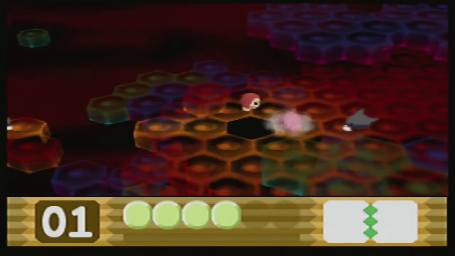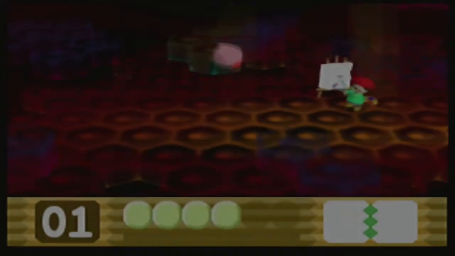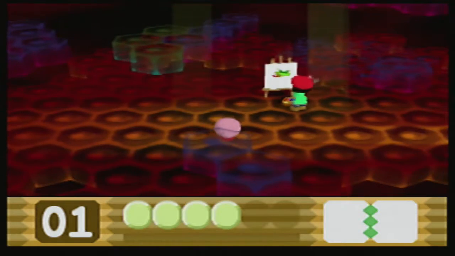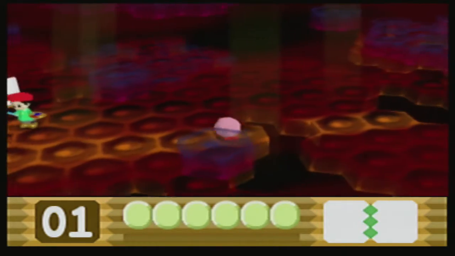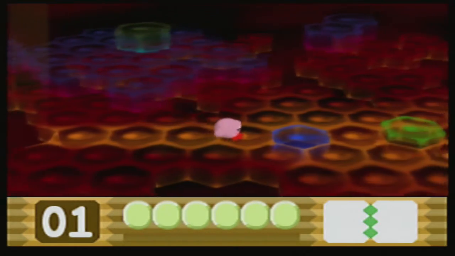He opens up a little pathway that you're supposed to go down. Adeline will give you health. Yep, right here, Maximum Tomato. Thanks, Adeline, you're the best. And you're going to continue on, and then eventually King Dedede will be there for you, and he's going to